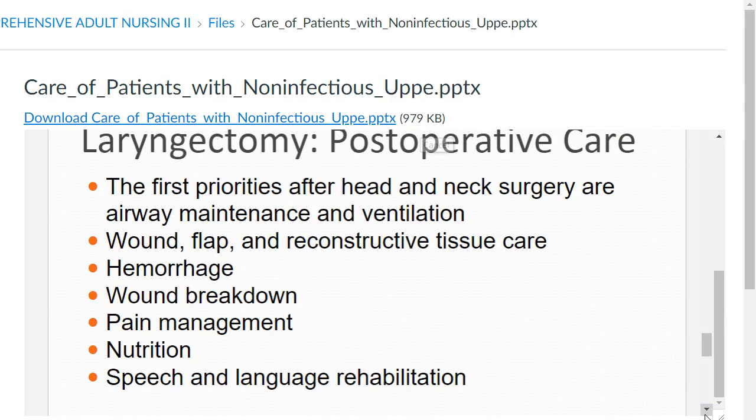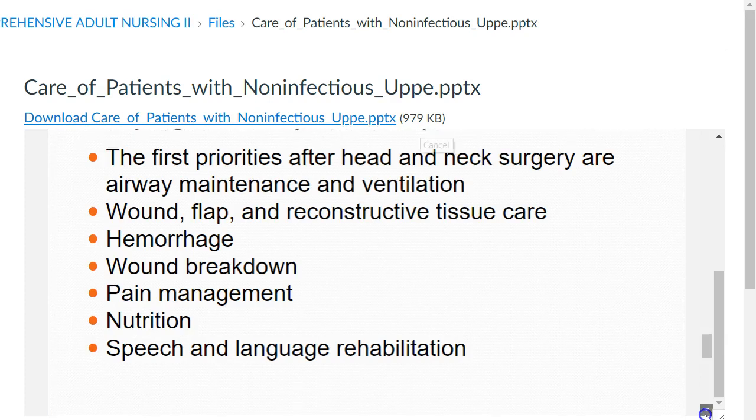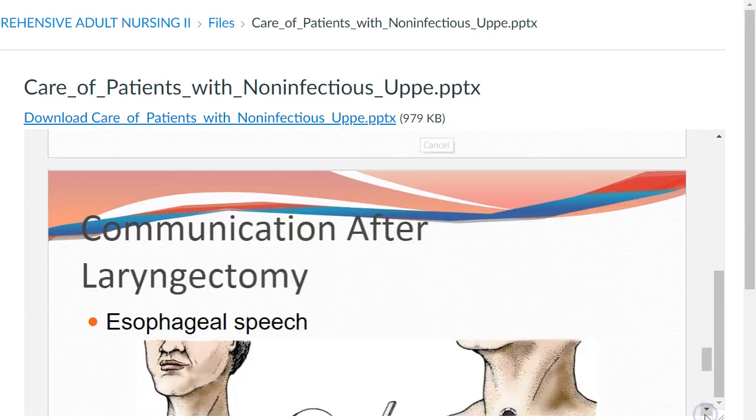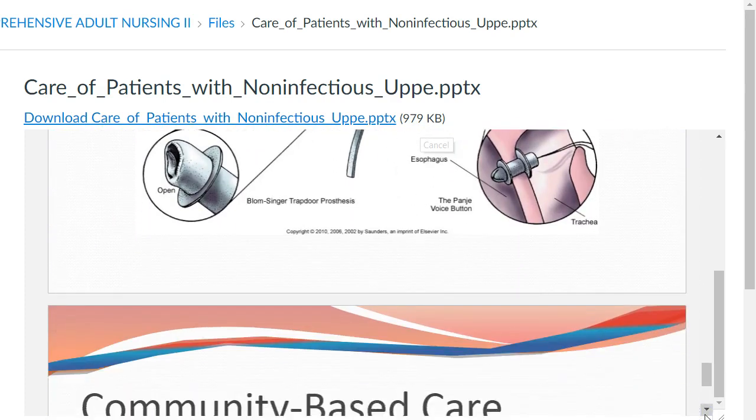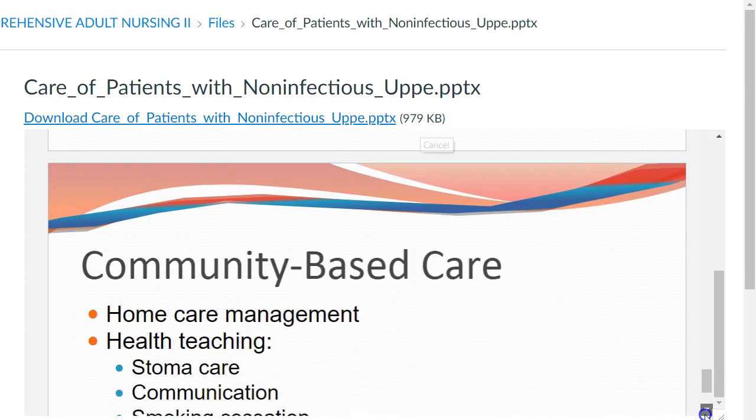And obviously with a very long and aggressive type of surgery, the major priorities are airway maintenance and ventilation. And like I said before, these are many of the situations that can occur. These patients will be in ICU for a day or two just to make sure that there's no compromise of their airway. These are some of the different types of speech that may occur with these patients,